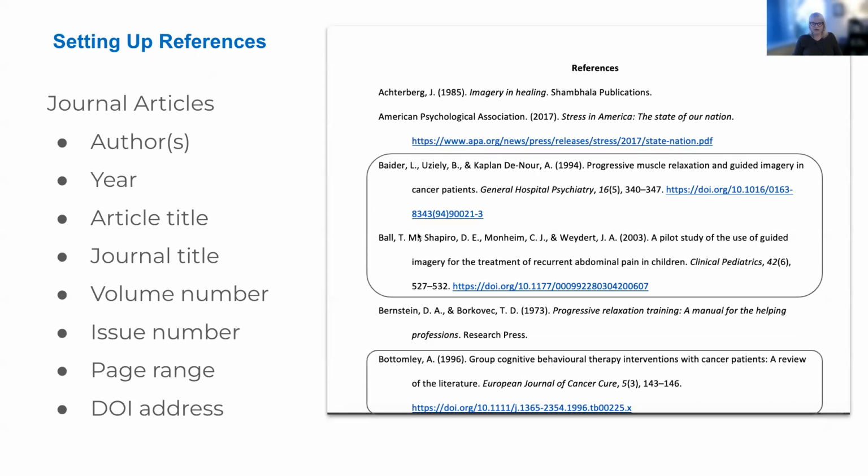If you have multiple initials, like this one with a first initial and a middle initial, you put the author's last name, comma, space, the first initial, period, space, the middle initial, period, and then a comma, and you go on. So that's how you work with the authors.